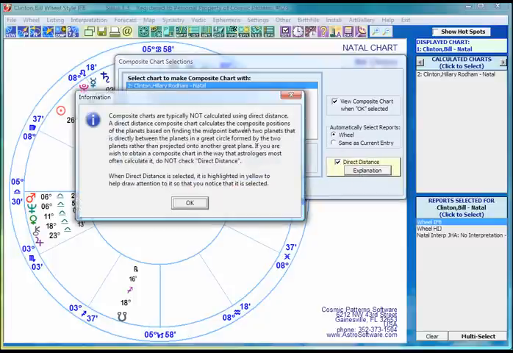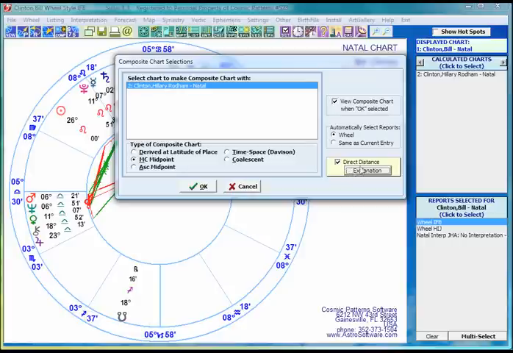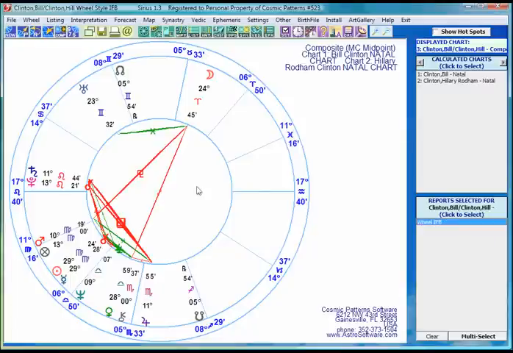There's an explanation of what a direct distance composite chart is, because you probably don't know what it is. It's an unusual thing. So that's helpful, and it draws your attention to it if you select it. All these little refined touches to make it easy to use. So I click OK to select my composite chart, and there it is. There's Hillary and Bill. Composite chart, and if I'm an astrologer, I can interpret it and say, Jupiter square Saturn,